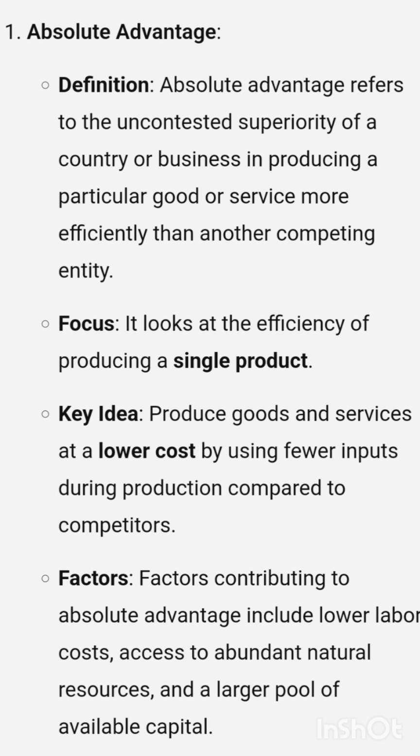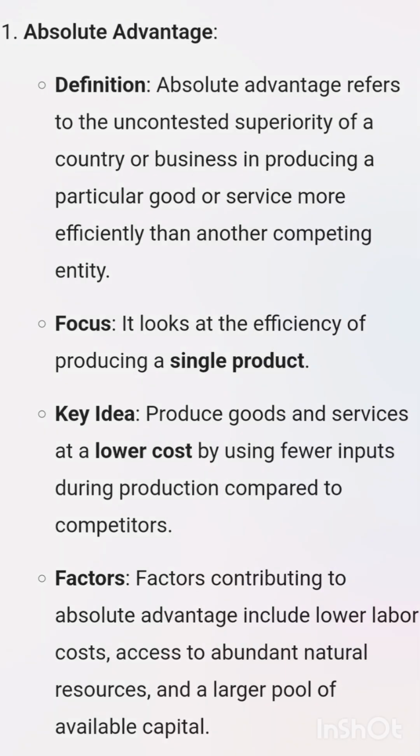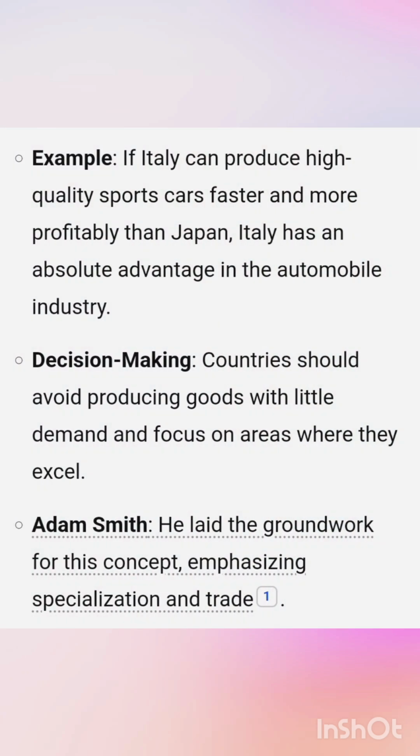Key idea: produce goods and services at a lower cost by using fewer inputs during production compared to competitors. Factors contributing to absolute advantage include lower labor costs, access to abundant natural resources, and a larger pool of available capital. Example: if Italy can produce high-quality sports cars faster and more profitably than Japan, Italy has an absolute advantage